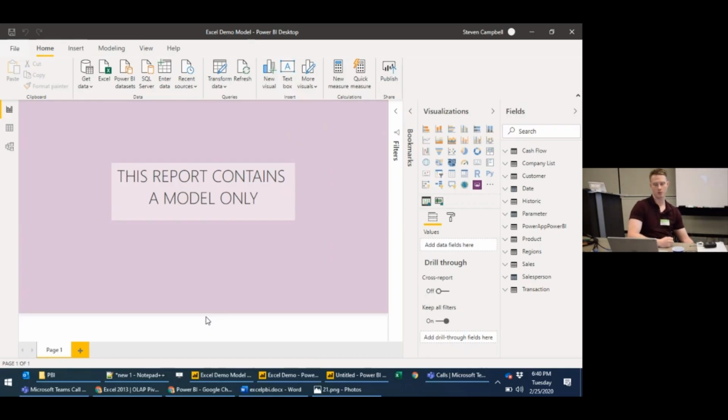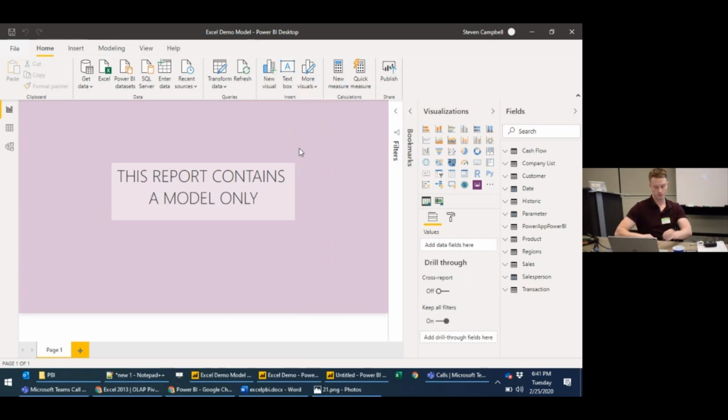A little tip here, which I use when we're actually editing the model. Sometimes we want to make changes. I don't want to publish this back to the service and then have that live in some environment before I'm ready, and before I can see the effects on my reports. So once I have a model opened locally on my machine, you can actually connect directly to another Power BI